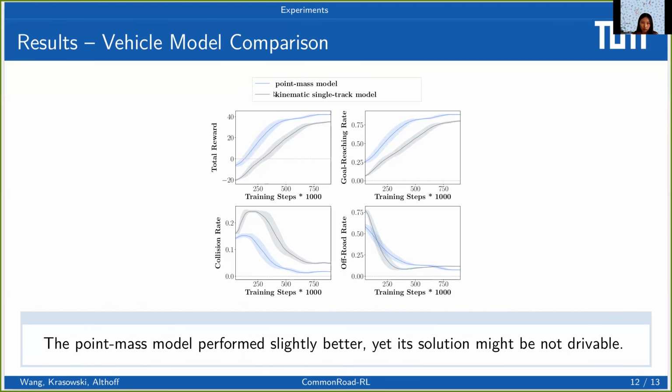We also compared two commonly used vehicle models. The point mass model performed slightly better than the kinematic single track model because the dynamics is much simpler, but its solution might not be drivable since it ignores the non-holonomic behaviors of a vehicle.